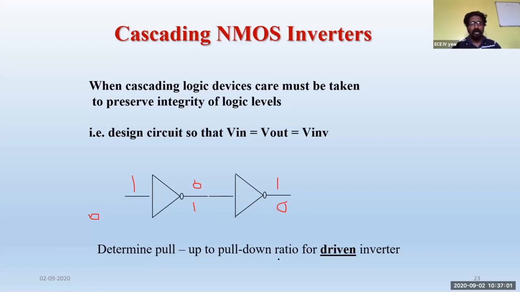And the pull up device to pull down device ratio, we are supposed to derive that. That is completely regarding the analog part of deriving this. We are talking about the ZPU by ZPD. There are many expressions you can find for how to derive this. It is called analog VLSI, and you can see it in the Razavi book, CMOS analog VLSI. A complete explanation has been given of how to derive the W by L ratios and the PU by PD ratios. These are mainly used for driving the circuits.